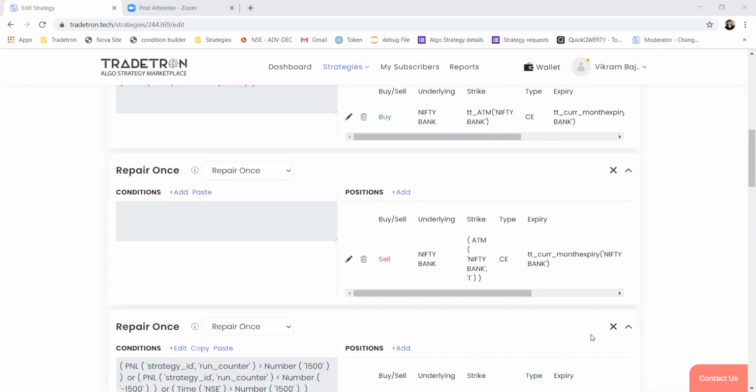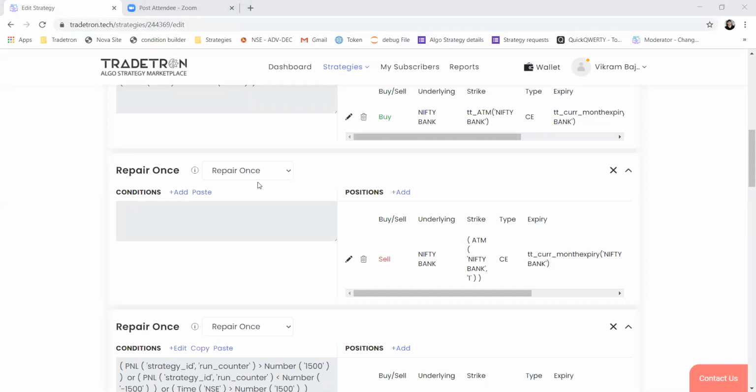Can pivot point strategy be deployed for FNO index? If yes, what is the keyword? So for pivot points, we have already created one template. Just duplicate that template in your own account and share the strategy ID. The ID you can find when you go to edit of that strategy; you will find it in the URL. Share this number with the support team on web chat and tell them which list or which index you want to apply the pivot point strategy on. They will make the changes in the Python code accordingly, and then you can use it. Then you can modify the conditions in your strategy according to your need.